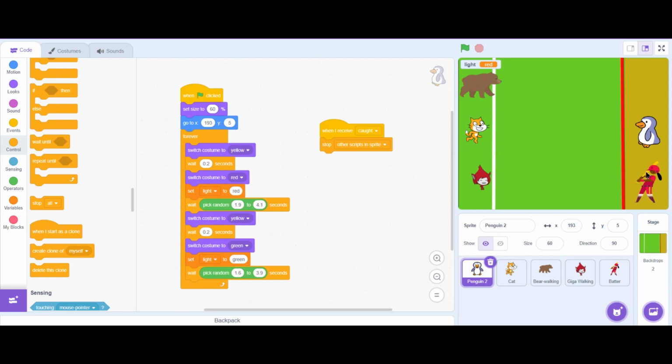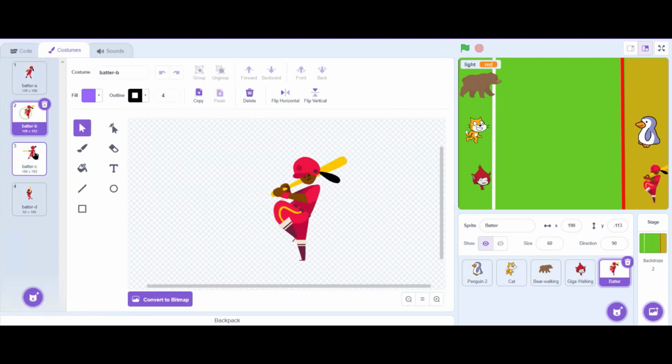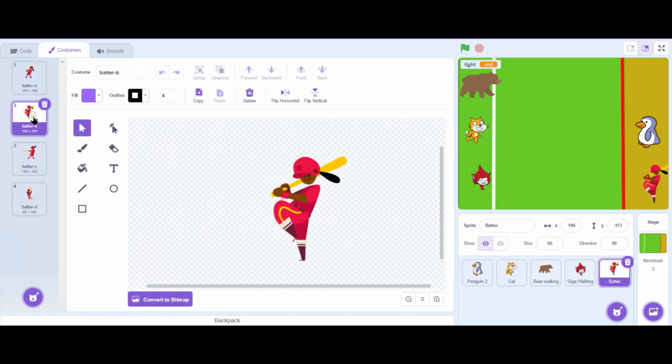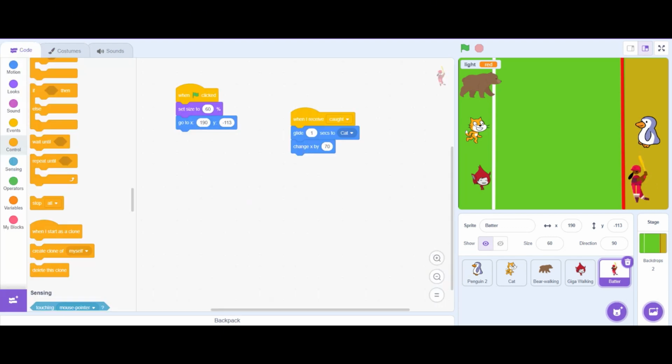Okay, now the batter goes towards the position of the cat. Now it's time for the batter to hit the cat. For that, we have to make some kind of animation. So let's go to the batter sprite again, and let's see its costumes. Here in the costume tab there are 4 costumes. The first costume, second, third, and fourth. We will look through these costumes to make sure that the batter